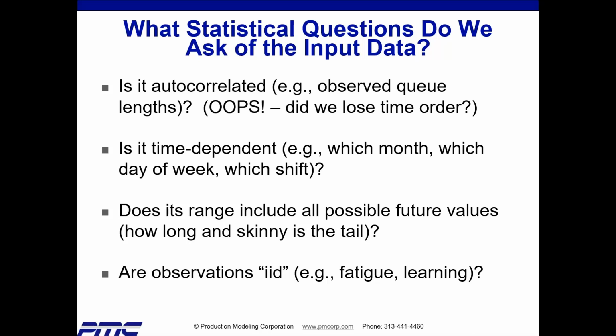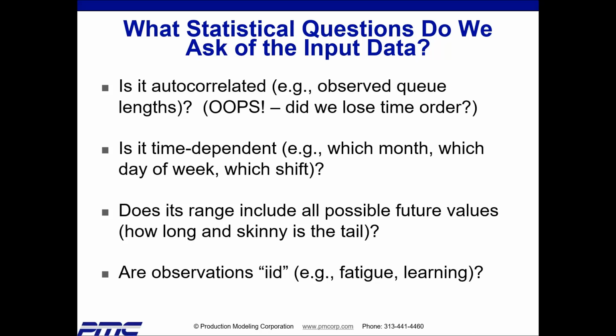Now, did you get any really, really long repair times? How long and skinny is the tail? Maybe you've collected 20 or 30 data points. That's usually enough to make a good approximation for what distribution to use. For example, time to repair a machine. Now, was one of those data points the time that you didn't have the replacement part in storage and had to order it?